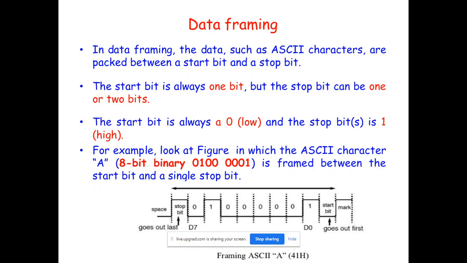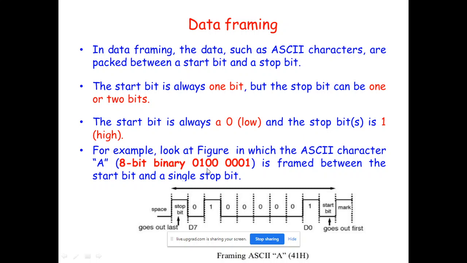Suppose you say there is one start bit and two stop bits. In that situation, one start and two stop bits means a total of 3 bits, and with 8 data bits the total package size becomes 11 bits. In this fashion, you have converted data into a package by adding a start bit and stop bit. The start bit is always low. Initially your line is idle, that is high level. When you want to start, a low signal is applied on that pin, indicating the start bit, and when it becomes high again, that indicates the stop bit.